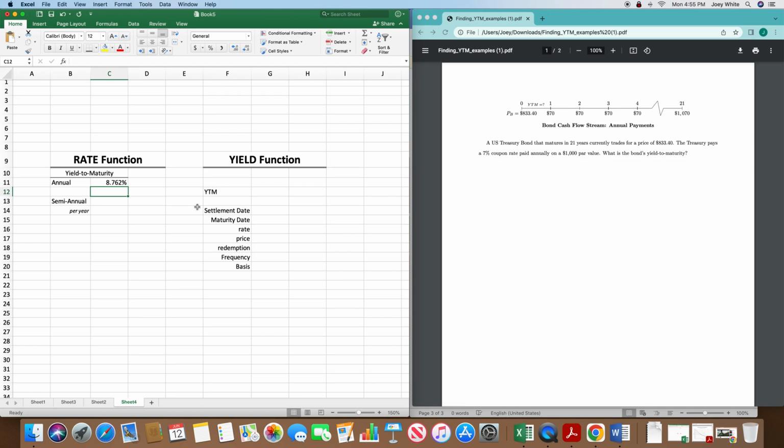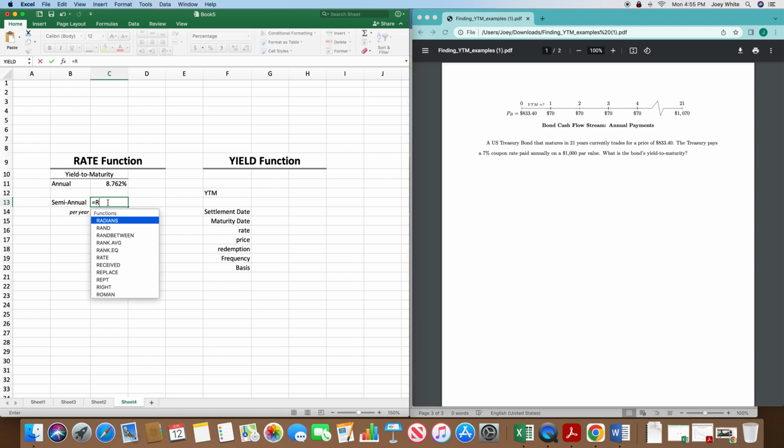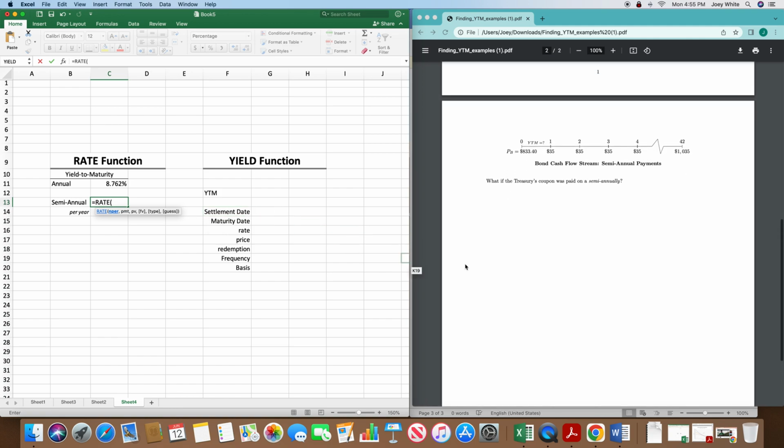All right, now let's do the semi-annual one. It's going to be very similar. We'll just do equal sign, rate, open parentheses, number of periods. Of course, there are two semi-annual periods per year, and it's a 21-year bond, so that means there are 42 periods. So 42, comma. Now the 7% coupon rate, the annual coupon of $70, is going to be split across two semi-annual periods. So 70 divided by 2 is 35. So comma, price, we still put negative 833.4, comma, par is still 1,000, type is still 0, and a guess,